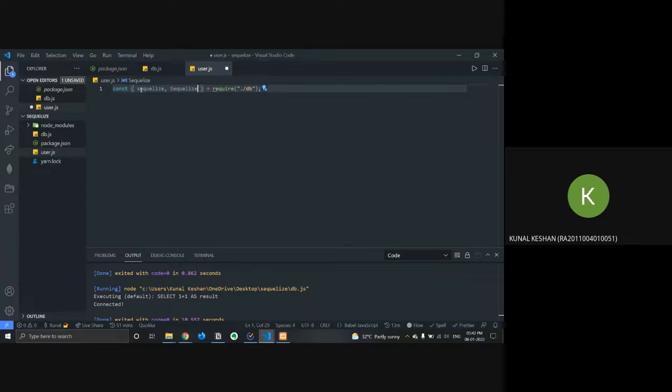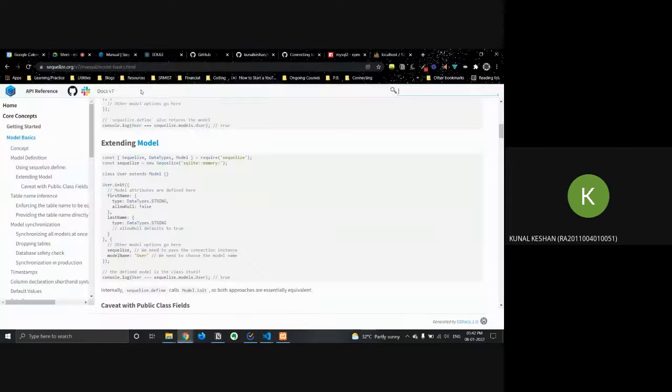But I'm not looking for the whole library, I'm just looking for two things to be precise: the Model and the DataTypes. Next, let's take a look at the documentation. Yeah, so the Model and the DataTypes.